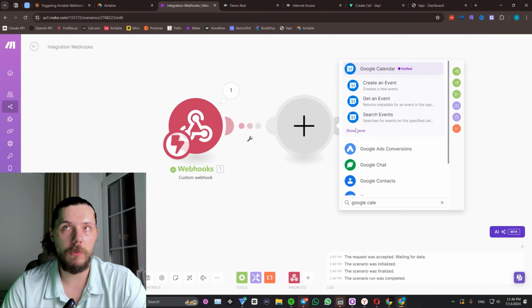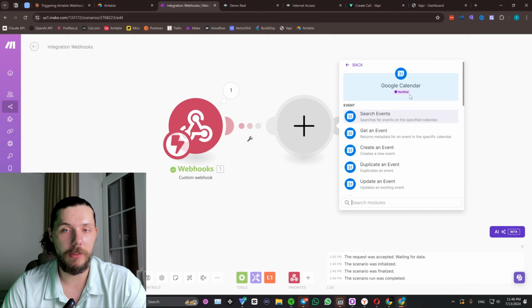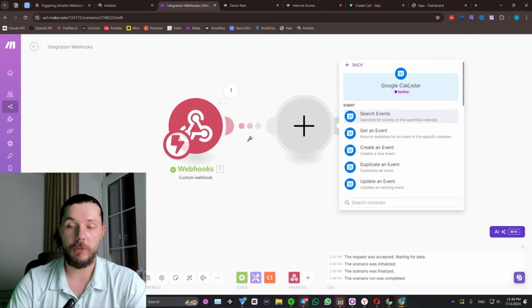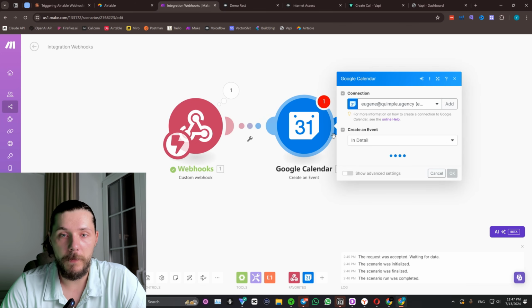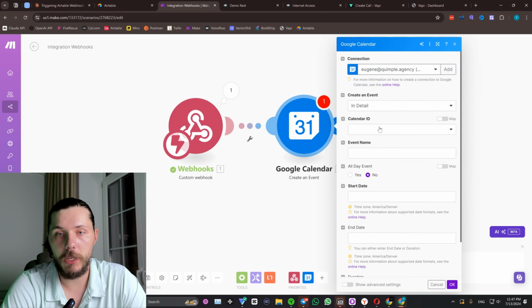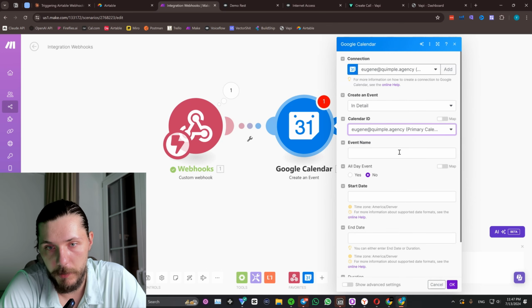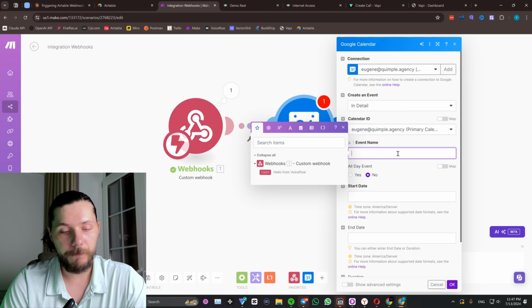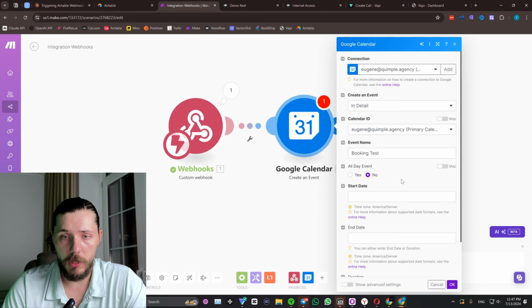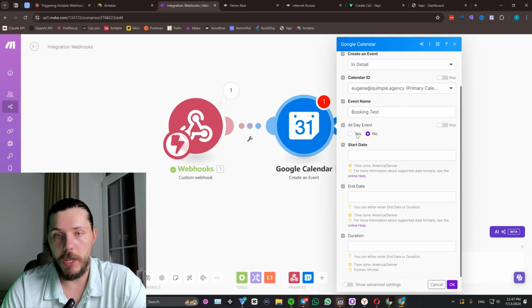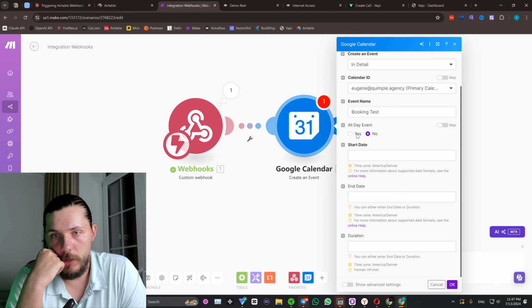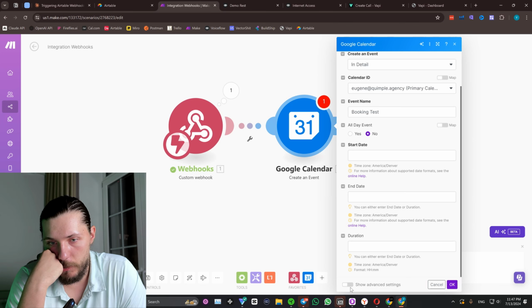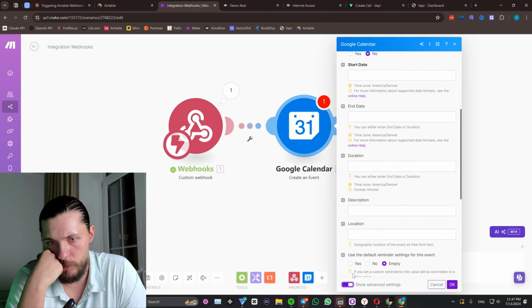Again, you can do this through Calendly or cal.com. And I actually have never done it through Google Calendar. I usually use cal.com. But let's actually see, because I think maybe it's going to be easier. So we create an event in the calendar. Let's say this is my primary calendar, event name, maybe booking test, start date, end date, duration. Okay, so we don't actually need to have the email here, I think, because we should technically be able to add the guest,